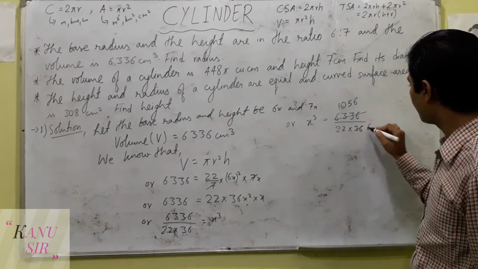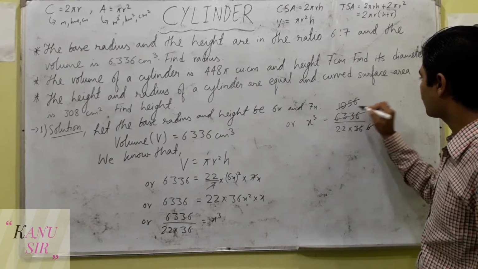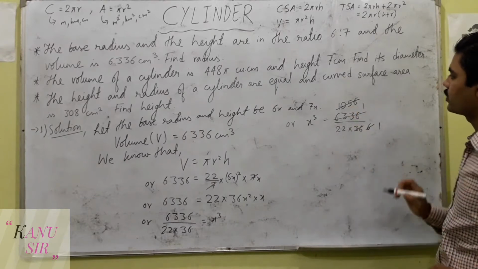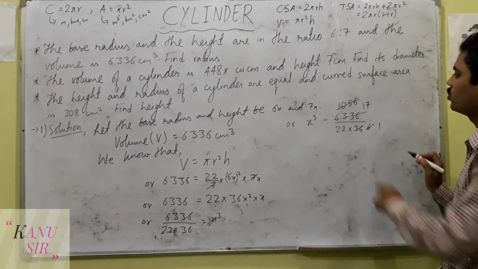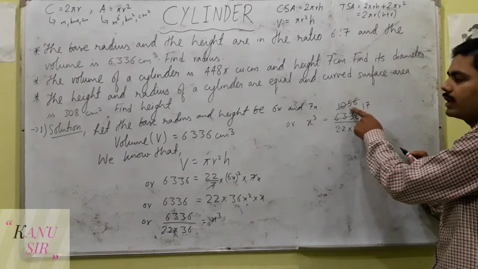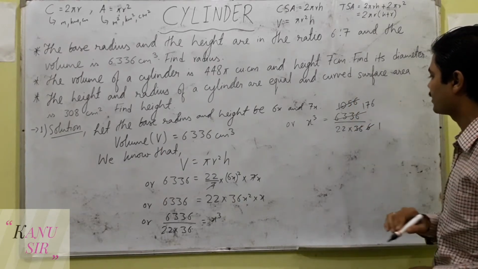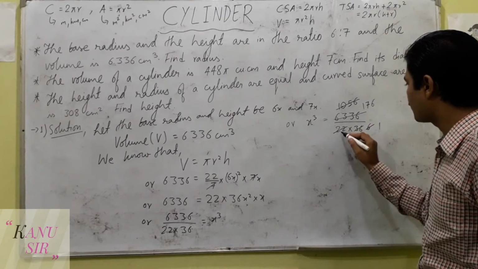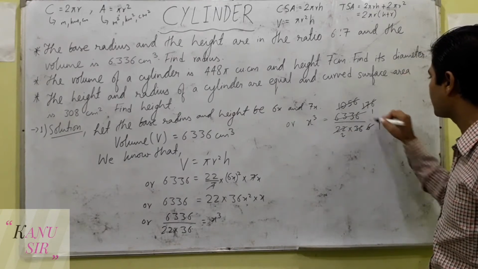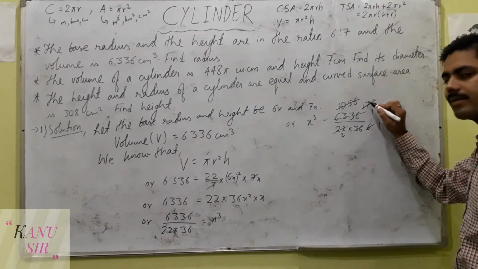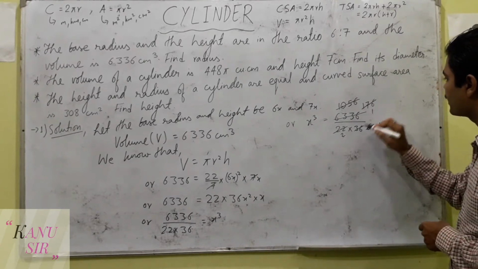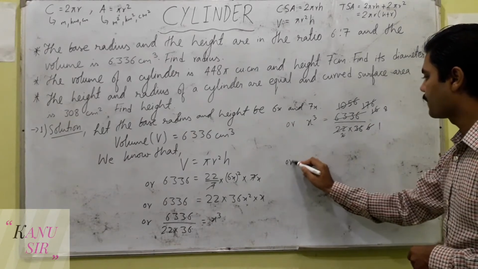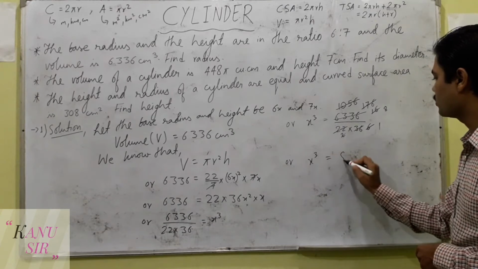One more time now, by 6. 6 times 1 is 6. And 4 and 5, 45. 6 times 7 is 42. 45 minus 42, 3 and 6, 36. 6 times 6 is 36. 176. So now 11 times 2 is 22, 11 times 1 is 11, and 17 minus 11 is 6, and 6 and 6 is 66, 11 times 6 is 66, 2 times 8 is 16, or x cube is equal to 8.